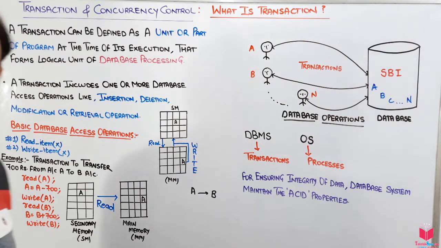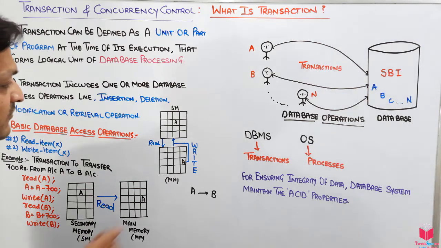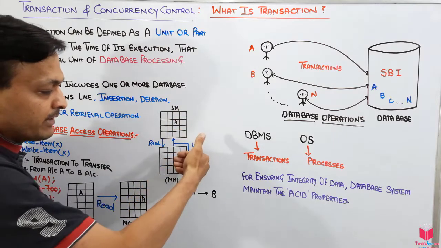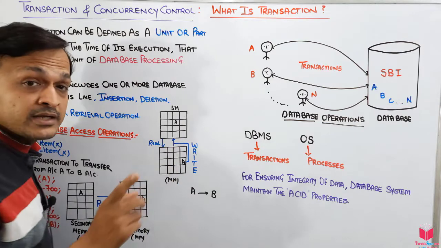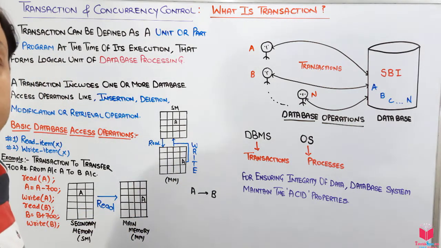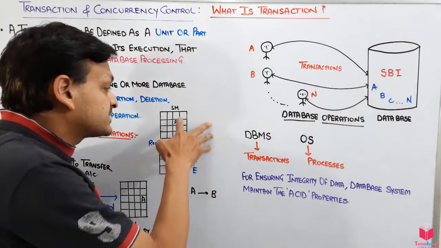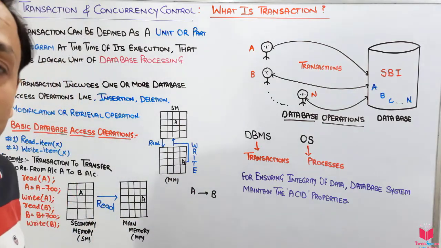After that, when we have to apply the write operation, first of all we take that data to the main memory, we read from there and we write data in that variable. But when we have to update the value, finally we go back to the secondary memory and update it. Okay guys,